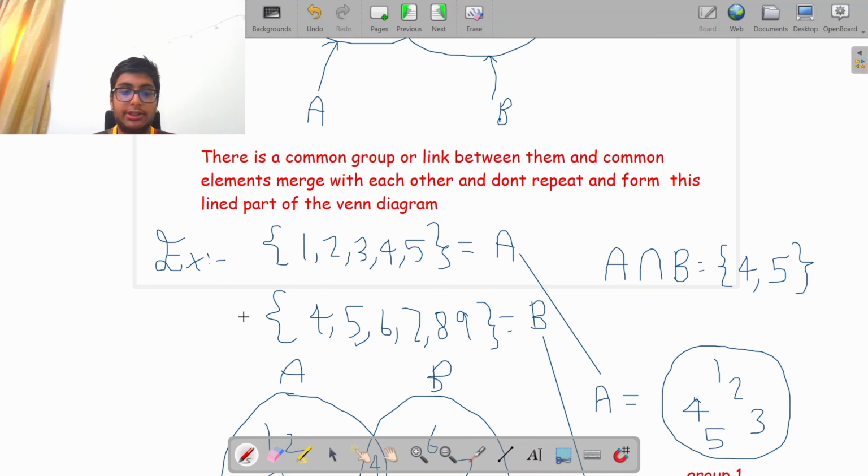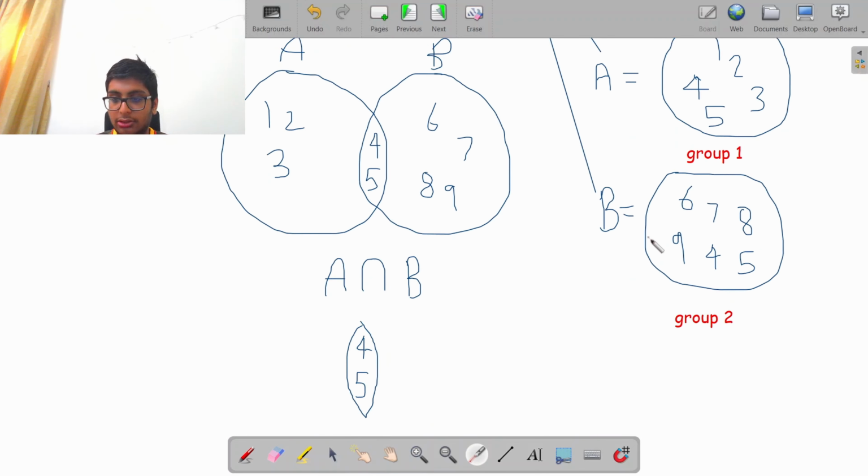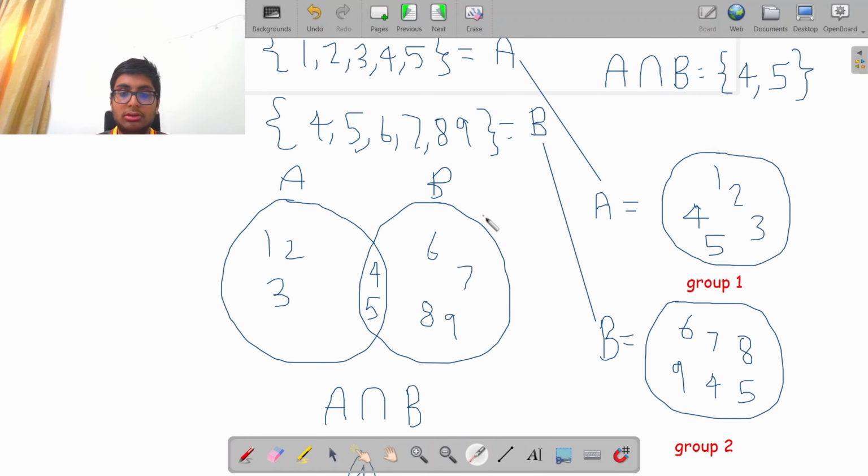which I've already given over here. So if A is equal to 1, 2, 3, 4, 5, and B is equal to 4, 5, 6, 7, 8, 9, which is the easiest set you can come up with right now. And if I can represent A as this group, which is just a circle with the same information over here, and B as having another group or another circle which has the same information over here,